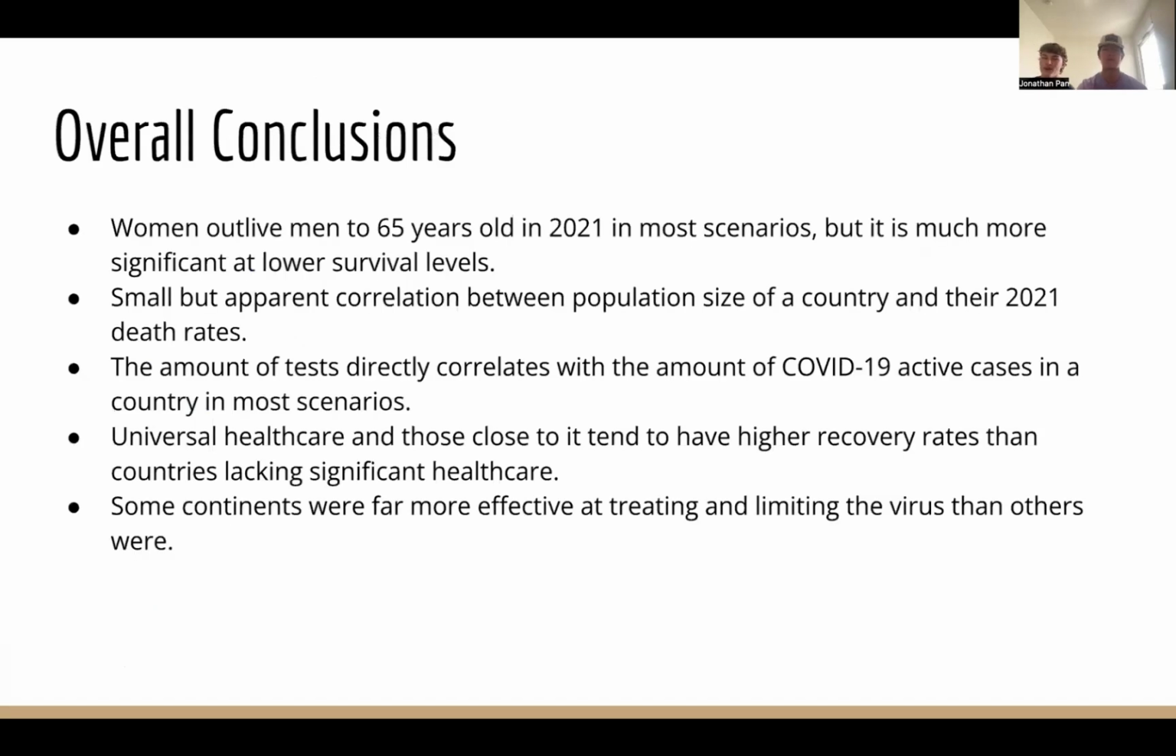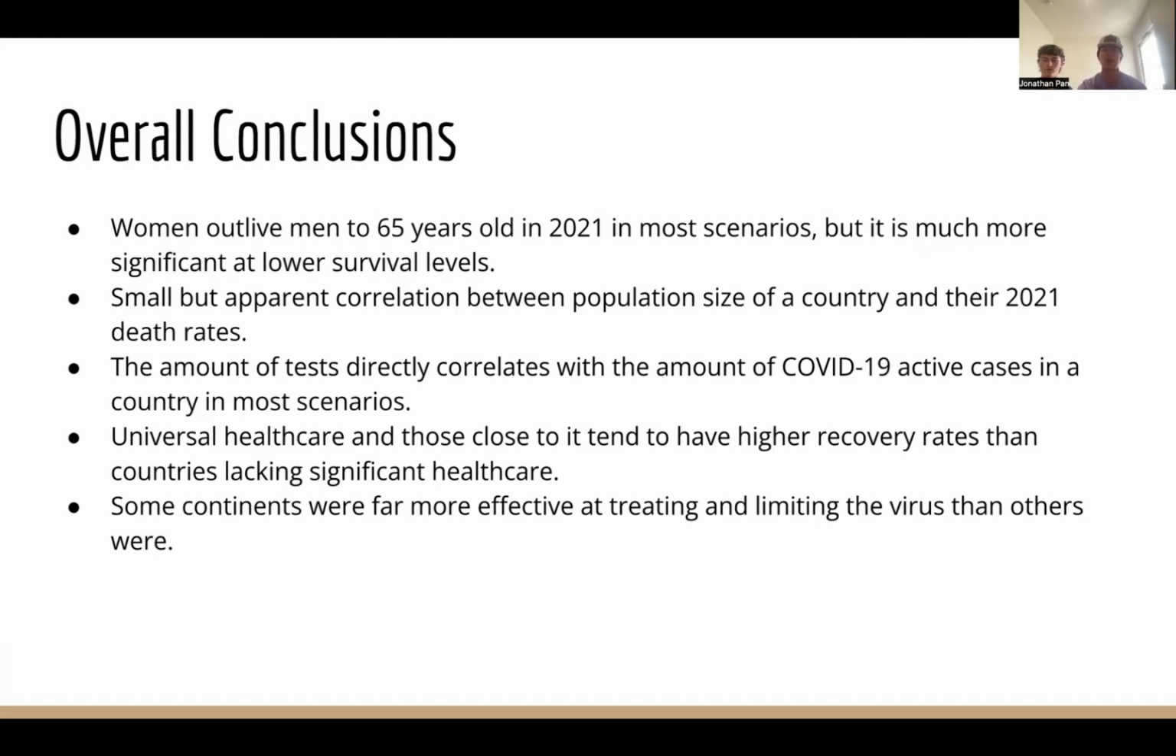Some overall conclusions that we had were that women outlive men to 65 years old in 2021 in most scenarios, but it's a much more significant difference at lower survival levels for countries such as Lesotho compared to Monaco and other major countries. And this can be shown as Monaco being notoriously known for being a wealthy country. We can see that they have more infrastructure